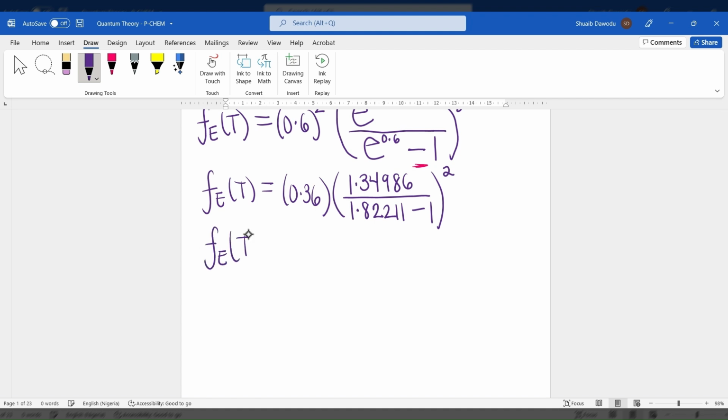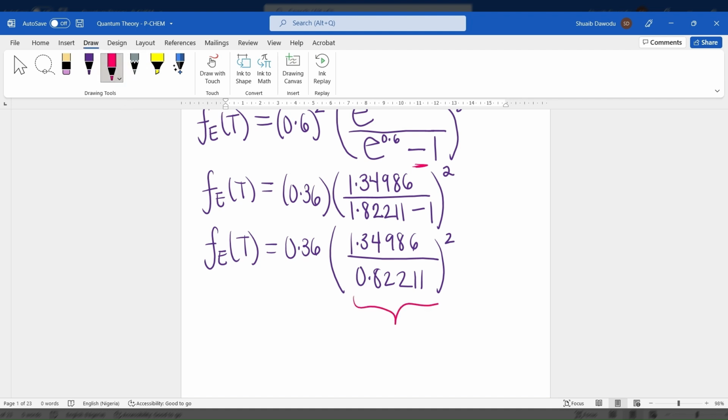F sub e of t would just be 0.36 times 1.34986 divided by 1.82211. I'm just going to simplify this a little bit more and then input it in our calculator. So 1.34986, I'm just rewriting it, divided by 1.82211 minus 1, which is just 0.82211, all squared. So I'm going to input all of this information in our calculator, and I'm going to end up with